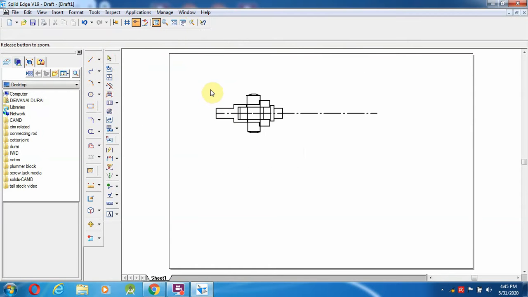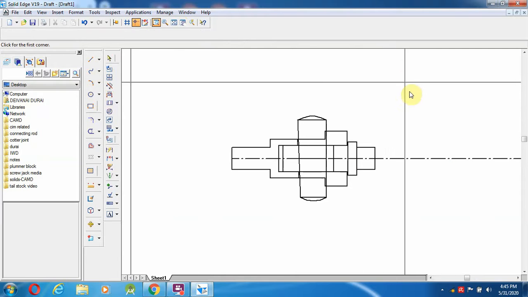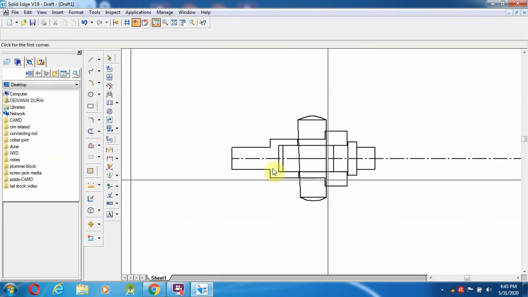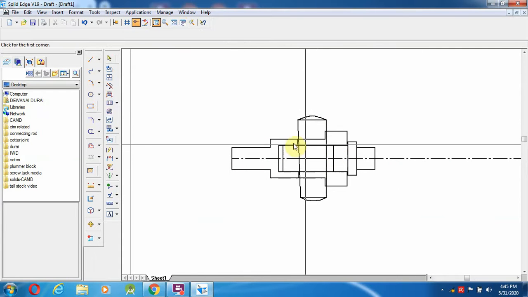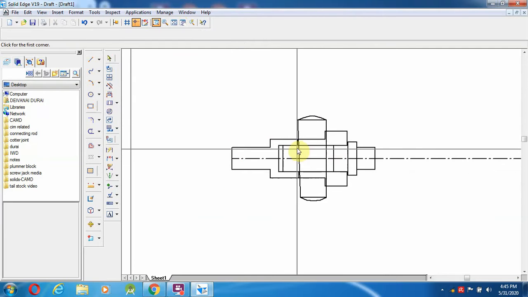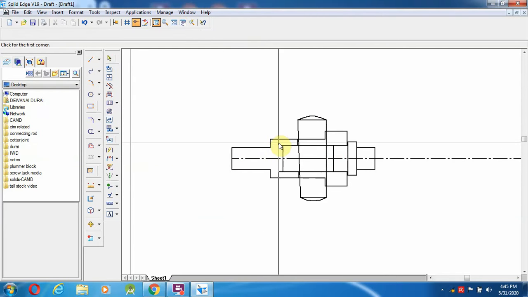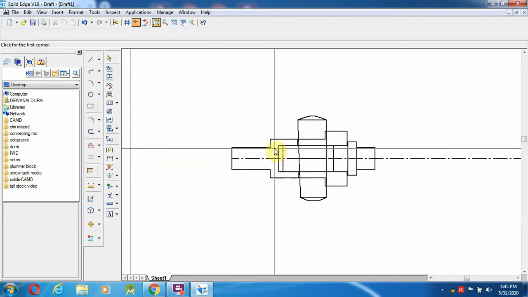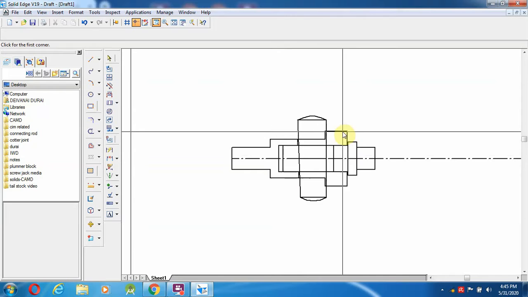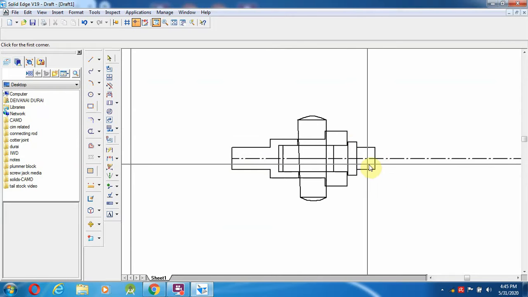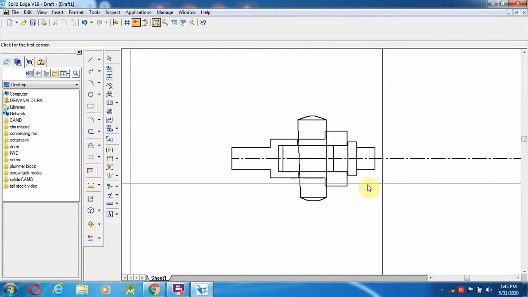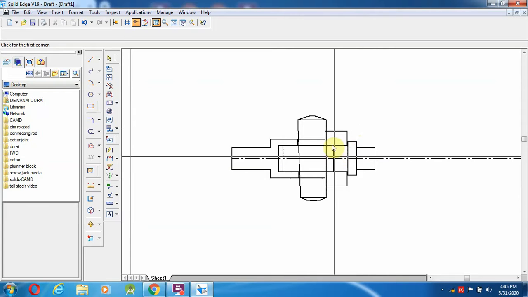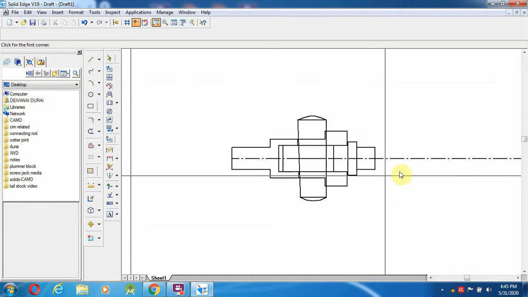So for those things we already have to find the value. That formula we have to remember. So this is the D. So this is the 1.4 D. The inside diameter is the 1.2 D. So this one again D. So this will be the 1.5 D. So like this, all the values we have to remember over here.